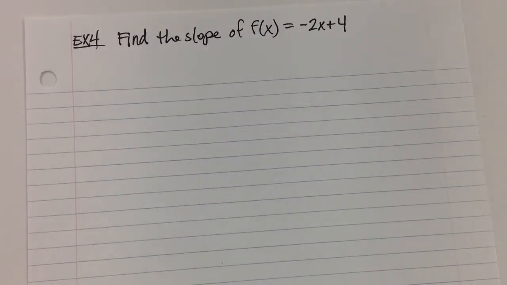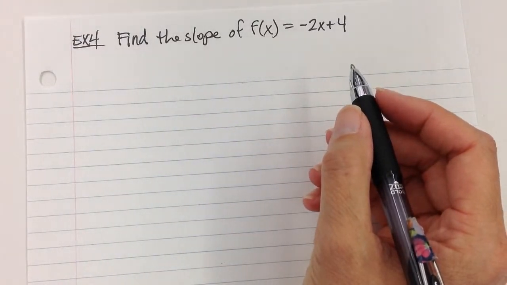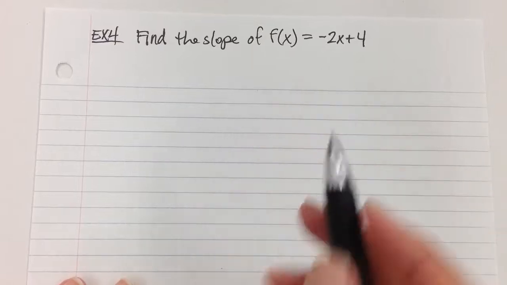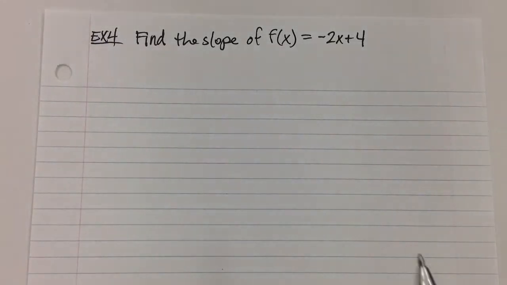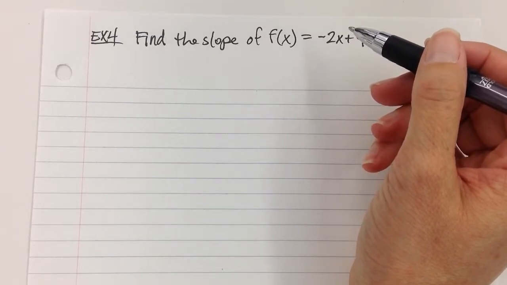Alright, find the slope of f of x equals -2x plus 4. So what kind of graph is this? Yeah, it's a line, so you can see the slope is -2. Why are we trying to find a slope? We're just trying to practice this, okay? So we're going to